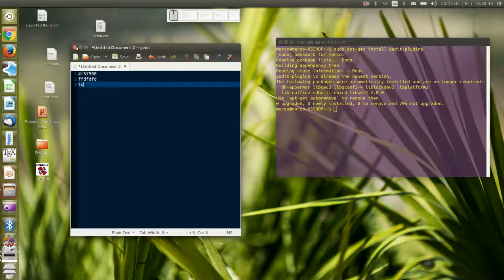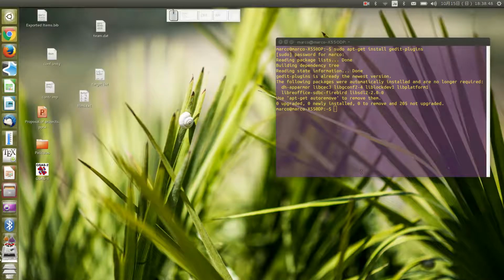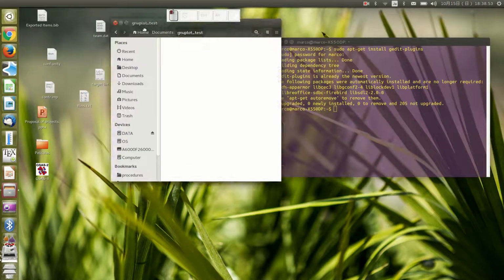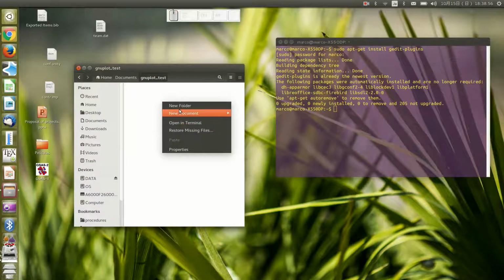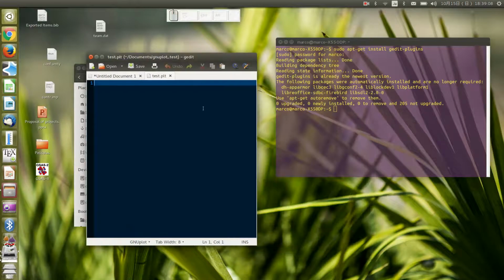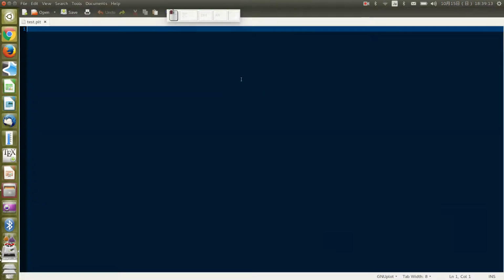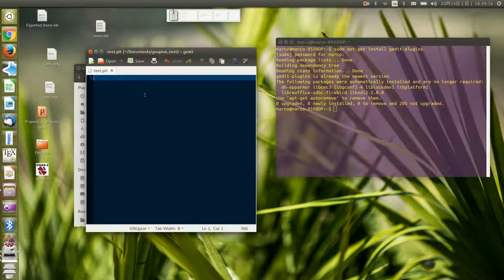I will close this file. I will open a menu here, gedit, open new document, paste. The extension must be PLT for files. Move this in here. And once it knows it's PLT and we have several lines,